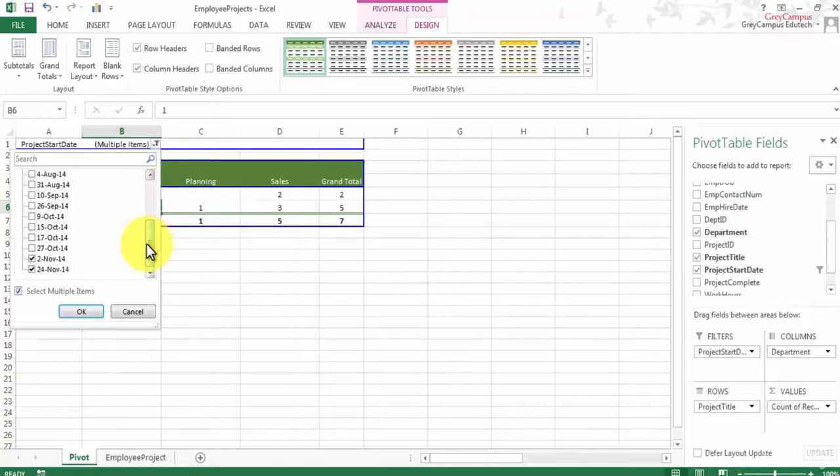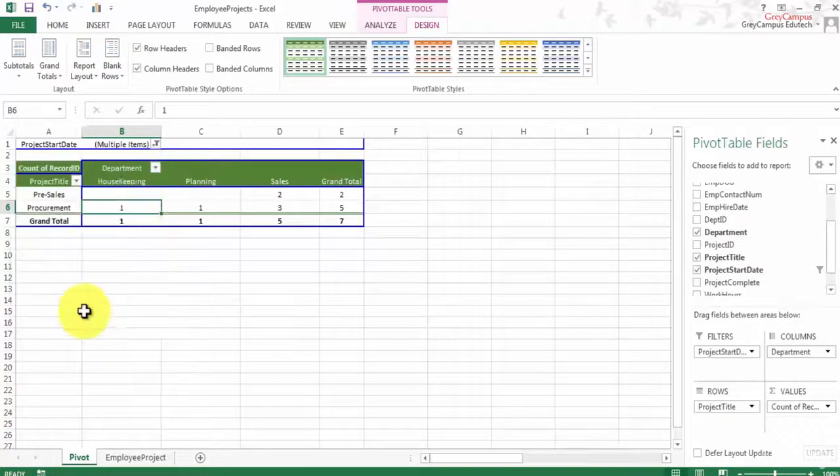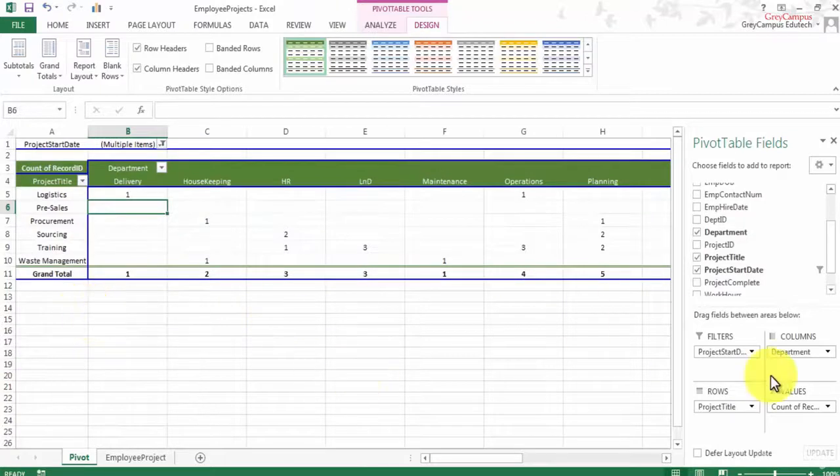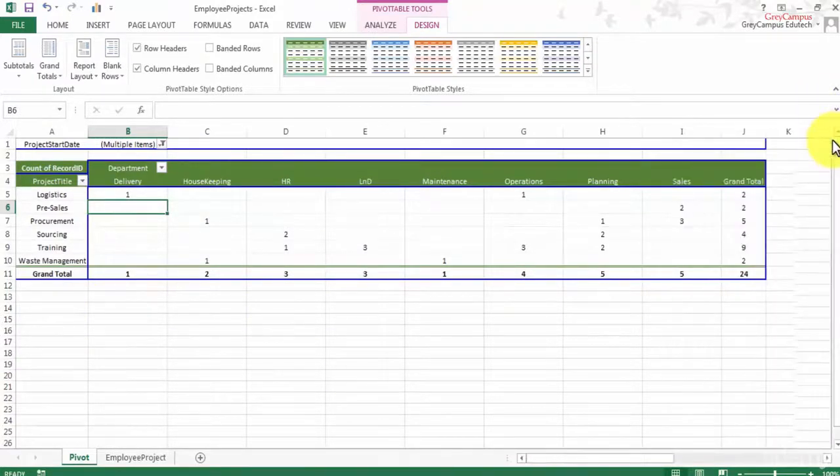Similarly, if I just wanted to check what happened in the last quarter of 2004, it starts from October, November and December. So December data we will see, whether we have December data or not. We don't. So October and November. The moment I say OK, I get a spanned across view.